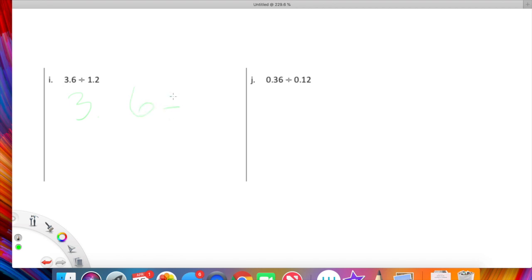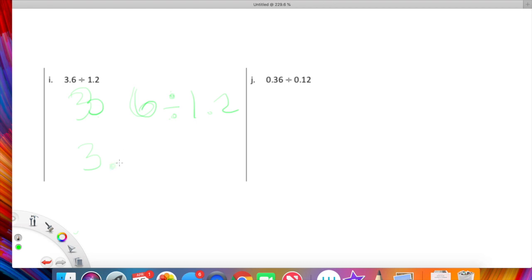This is hard. Anyway, 3.6 divided by 1.2 is